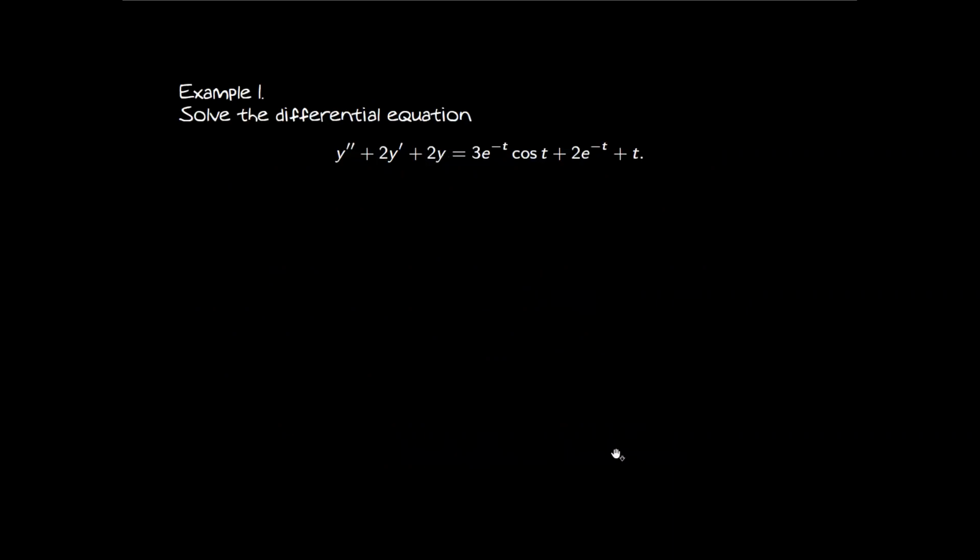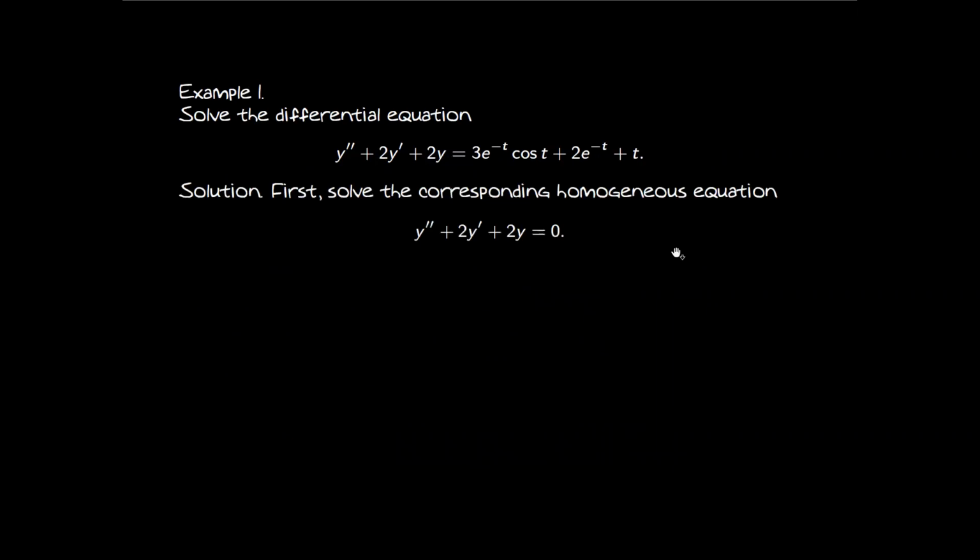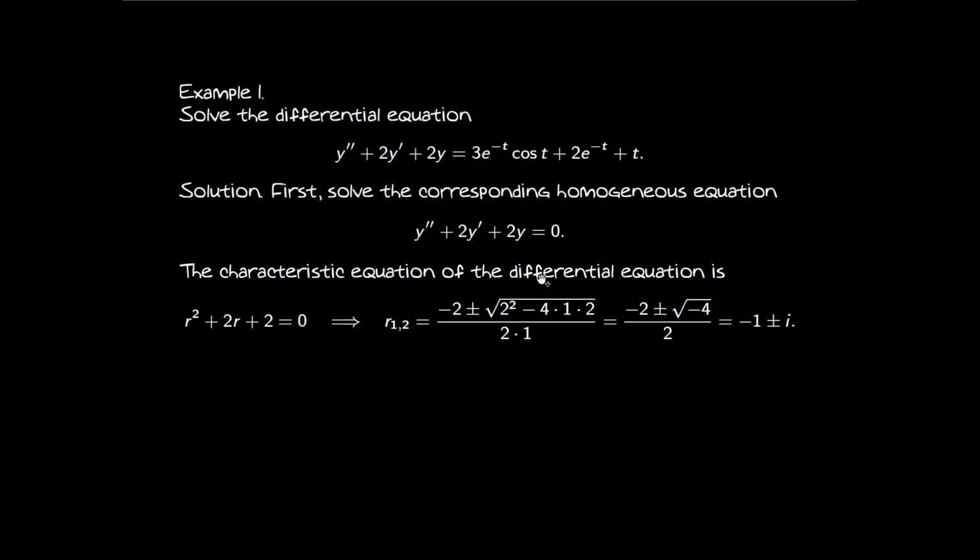Example 1. For this equation, we have to first of all solve the corresponding homogeneous case, and we can use a characteristic equation. Recall that we just need to turn the order of derivatives into the corresponding degree of powers, right? And then we're going to end with a quadratic equation. And for this equation, you can use a quadratic formula to get the roots are going to be -1 plus